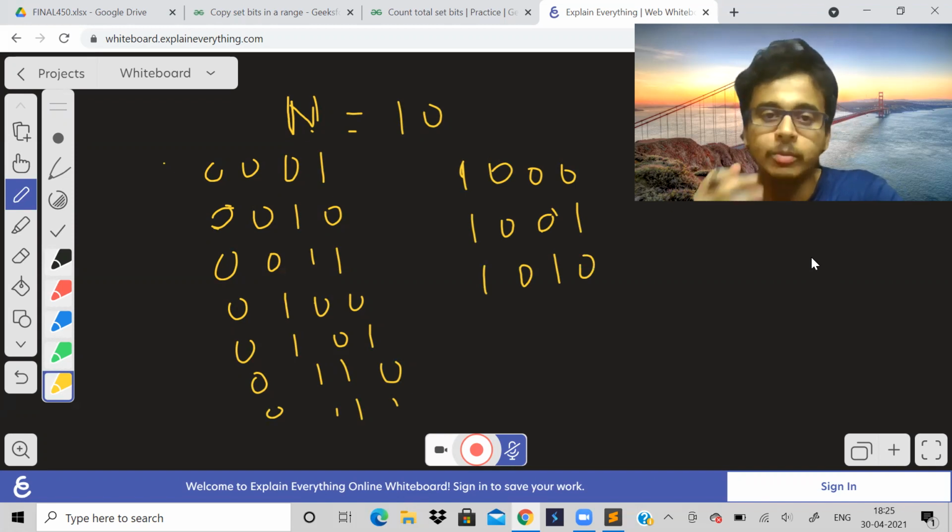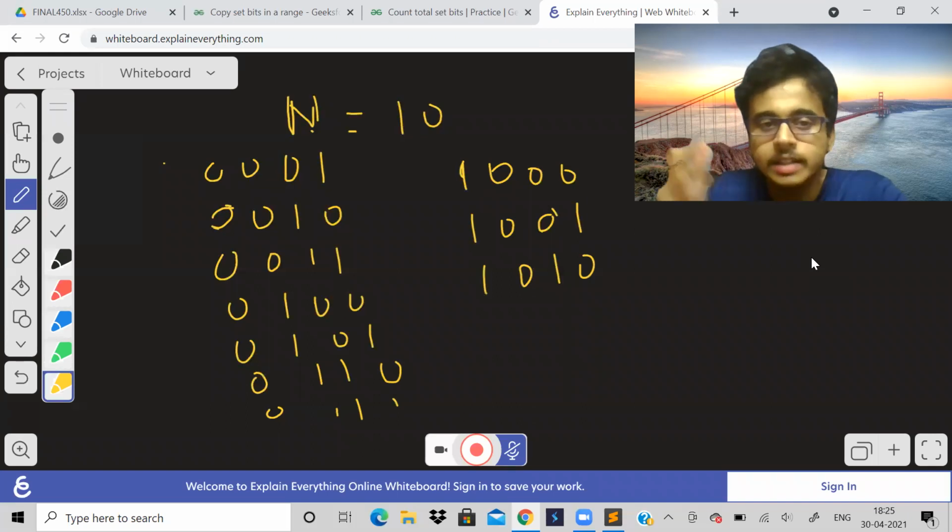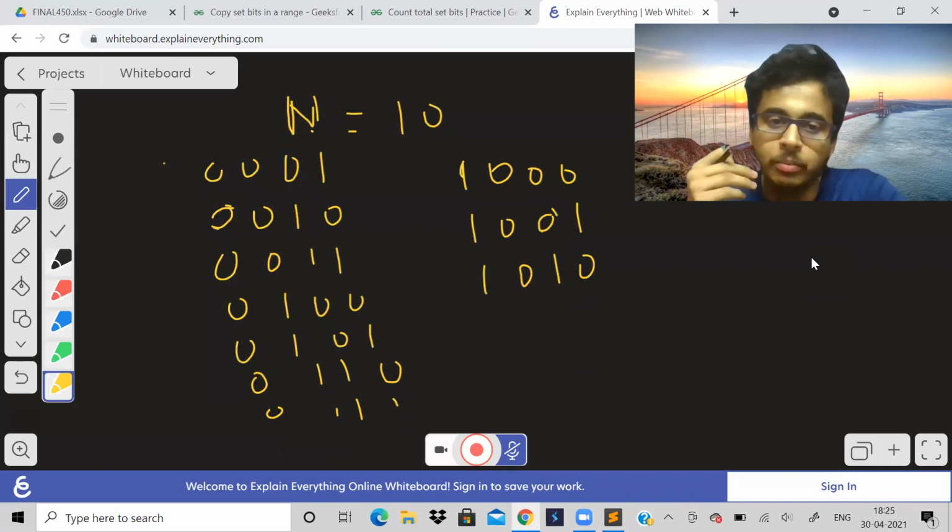This approach that I'm going to tell you requires a lot of observation. You need to take many examples to prove that this is correct. So I will take one, you take at least 2, 3 and see why this approach that I'll be telling you works. So we have taken n is equal to 10. Let us now find out the highest power of 2 which is smaller than 10. Highest power of 2 smaller than 10 is 8, correct?